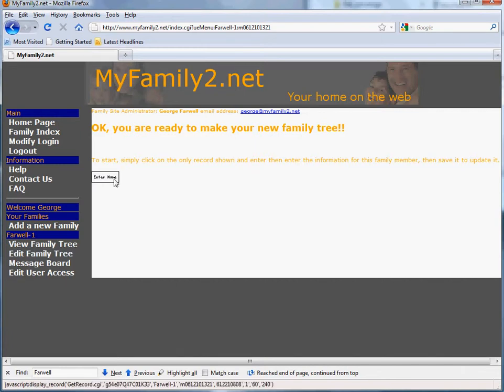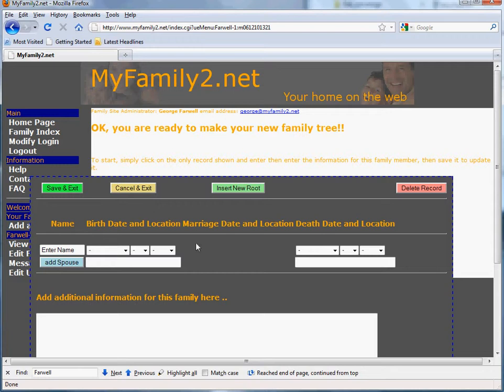They give the first record is given, and this will be your first record of your oldest ancestor. So simply click on that to bring up the edit screen for that, and then type in the name. And in this case here it was John Farwell, who was born back in 1790. So we enter in John Farwell. He was born in August 14th. If you know that information. If you don't, then you can just leave that blank. And 1790, so we come all the way down here to 1790, and he passed away in December